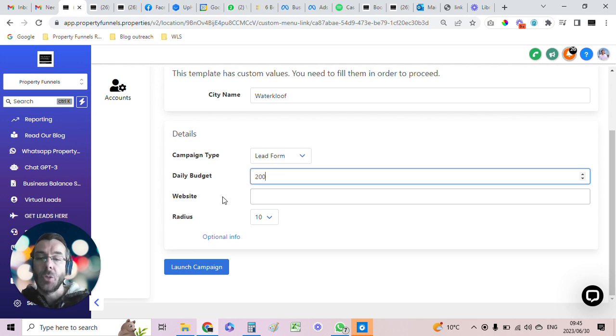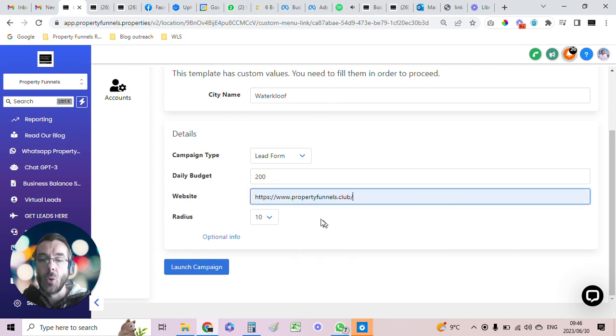Our website URL, so this would be a redirect after the lead form. You can go and find out more information about us on our About page, or go look at our listings. Because you're a seller, you may also be a buyer. So you would put in your own website here, and then you can choose a mile radius around your business